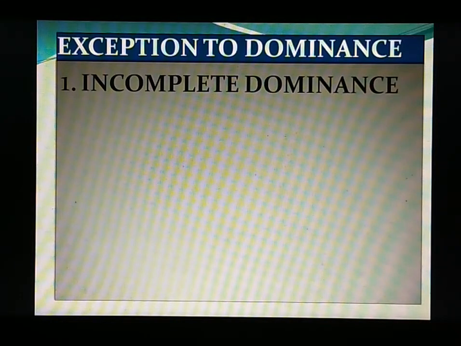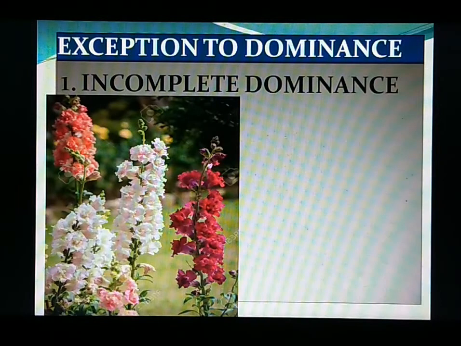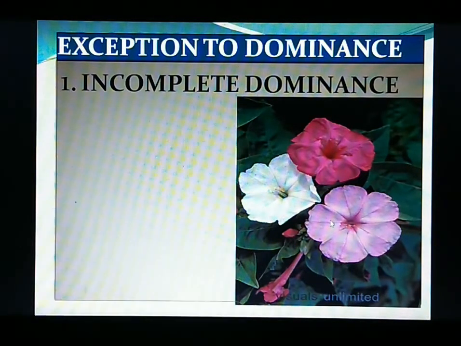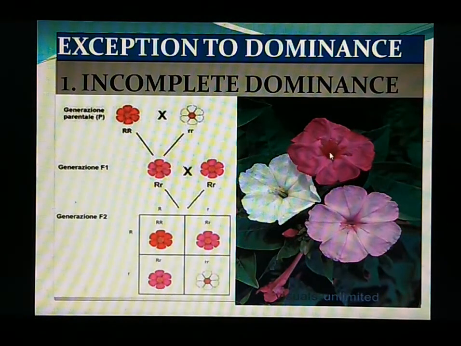explained about. The incomplete dominance was seen in the Antirrhinum, or we can say the snapdragon plants, as well as in the Mirabilis jalapa or 4 o'clock plant. So what was the difference that was seen here is when these red flowers were crossed with white colored flower plant, it was amazing that was seen in F1 generation that they could get all pink colored flowers, completely different from what we had learned from Mendelian ratio.